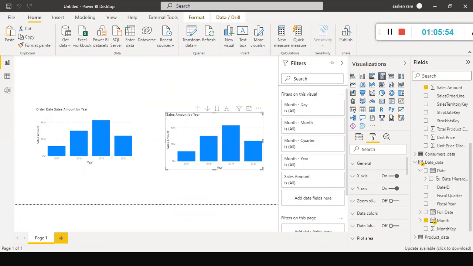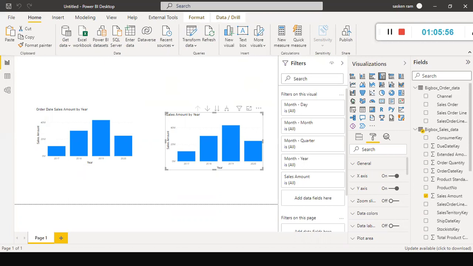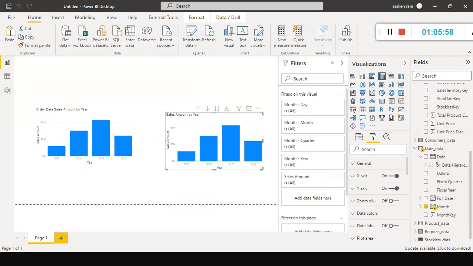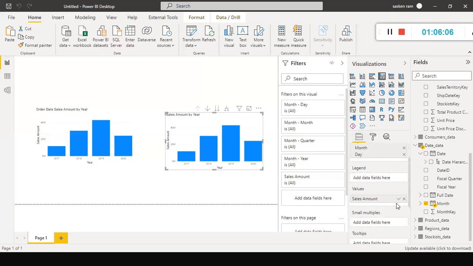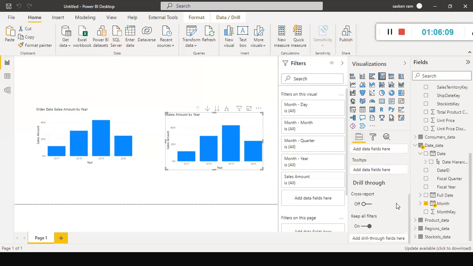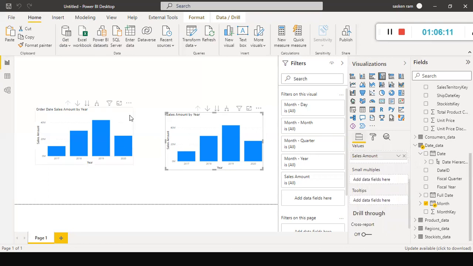One second, where is that? The DAX function. Okay, let me just go here. I think it got. Okay, the measure, somehow I think I deleted it.